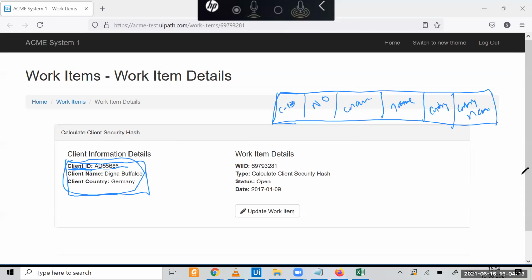UiPath follows zero indexing. That means the first element will be at location 0, then 1, second location, third location, fourth location, and fifth location. Right.